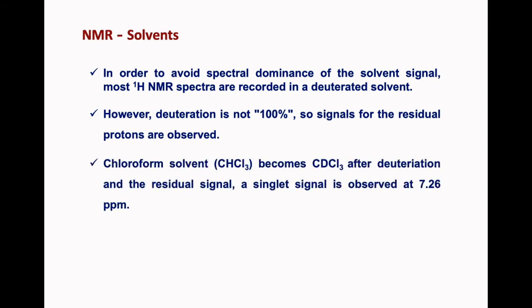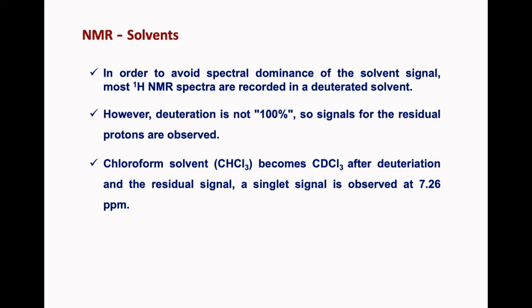Let us look at the example of the solvent chloroform. The chloroform solvent can be converted into its deuterated form, which we call deuterated chloroform, also known as chloroform-d. That means upon deuteration, CHCl3 becomes CDCl3. However, 100% deuteration of chloroform is not possible, so even after completion of the deuteration process, some CHCl3 remains. This CHCl3, which we call residual solvent molecules, will give you a residual proton, and this residual proton will give you a residual NMR signal if you are using such a deuterated chloroform solvent.